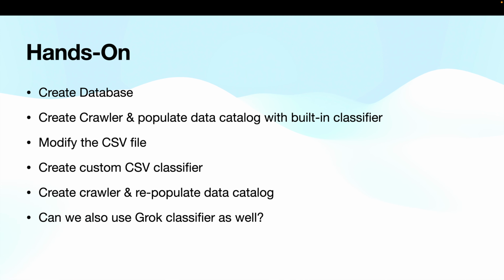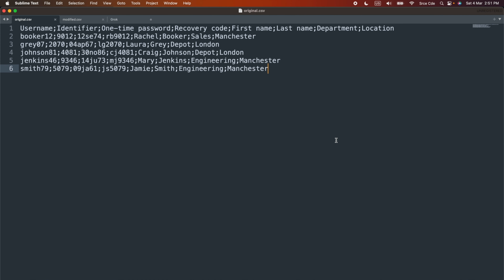So now let's quickly go through the CSV file that we are going to use in this video. As you can see on my screen, this is the file that we are going to use. So here we have, I guess, 7 to 8 columns and the data is separated by the semicolon as the delimiter. Okay, so we have the columns that is username, identifier, one-time password, recovery code, first name, last name, department and location. So this is the original.csv file that we are going to use, and then we will have the